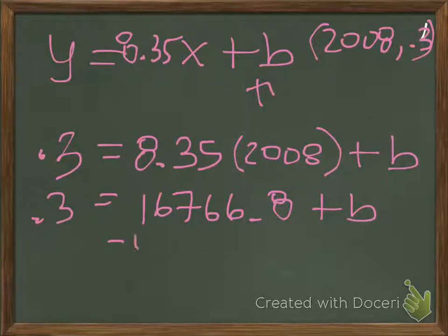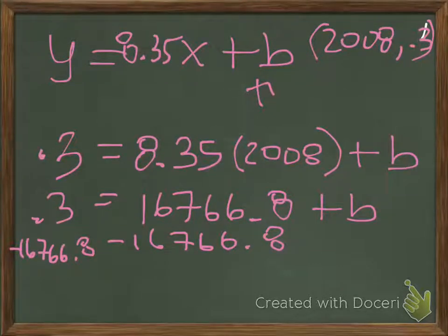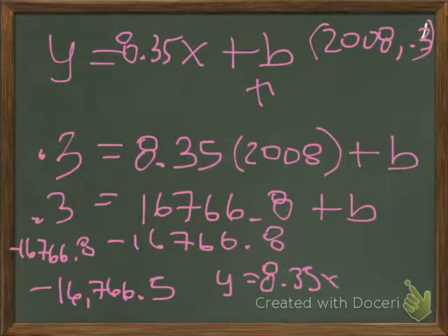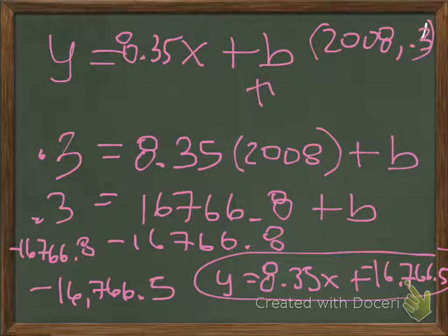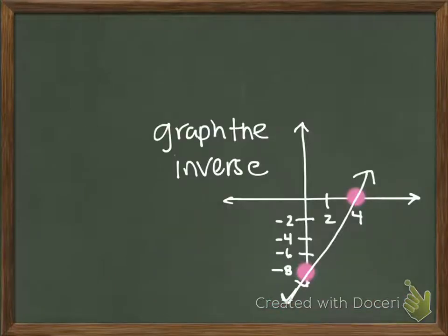We've got to get b by itself, so we're going to subtract. So 0.3 minus 16,766.8 gives me negative 16,766.5. If we put it all together, we have y equals 8.35, our slope, x, plus negative, or minus, 16,766.5. And that's our answer. Next one,